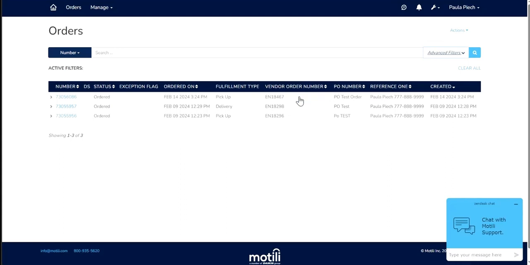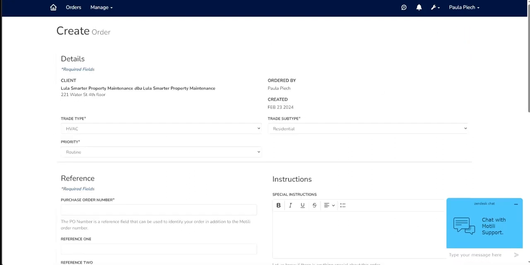From here, we can go ahead and place our first order. The first order that I'll be doing would be a pickup order. So I'm going to go to Actions, Create. Your company will automatically populate in the client, and it would show your name if you're putting in the order,